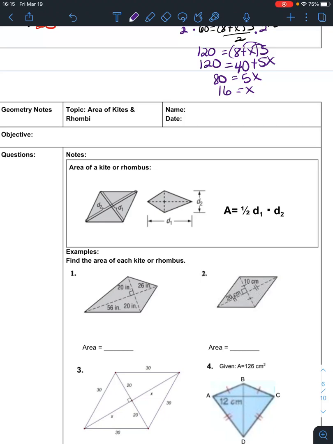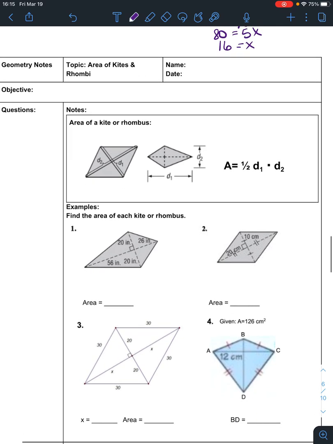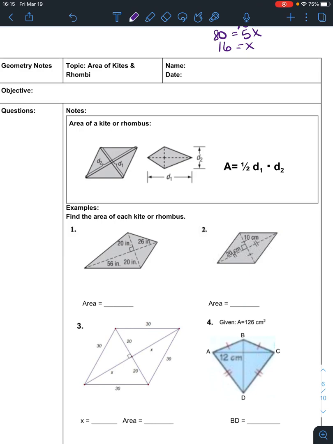Today we're going to talk about how to find the area of a kite and a rhombus. They're the same, it uses one equation. What's important about finding the area of a kite and a rhombus is using the diagonals. And the reason is because, if you remember back to studying those shapes, the diagonals of those two